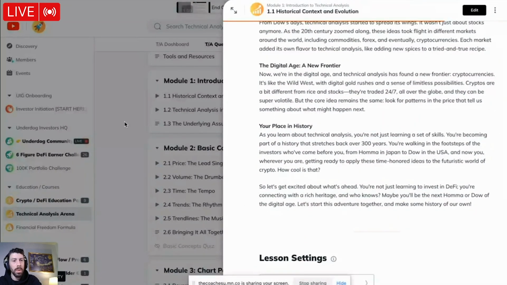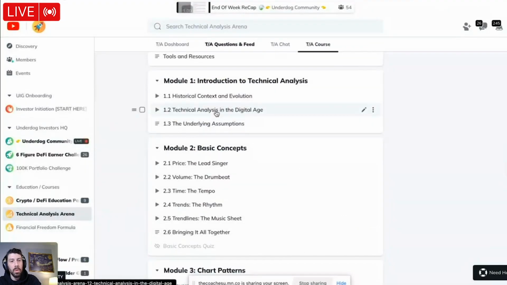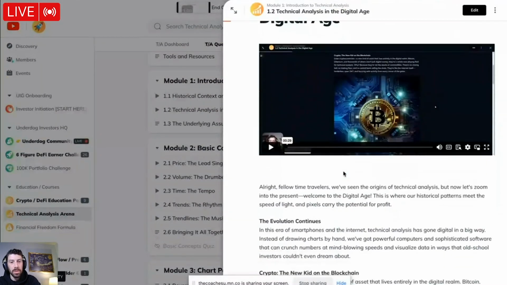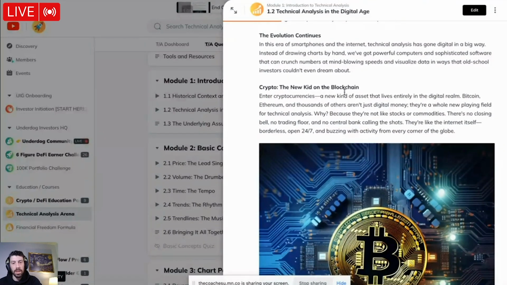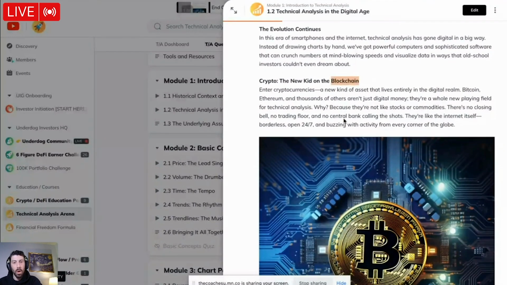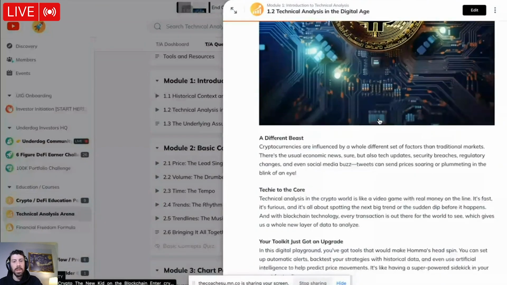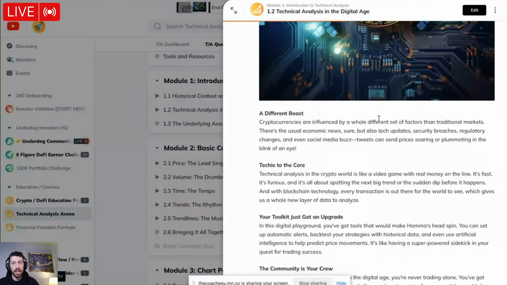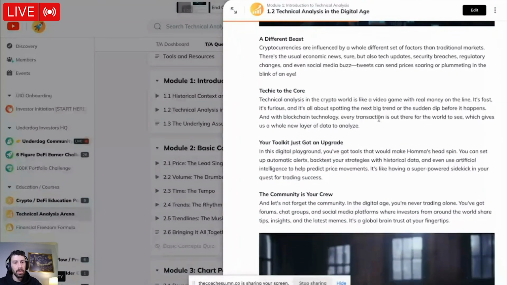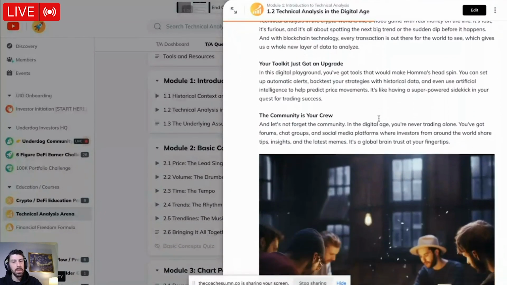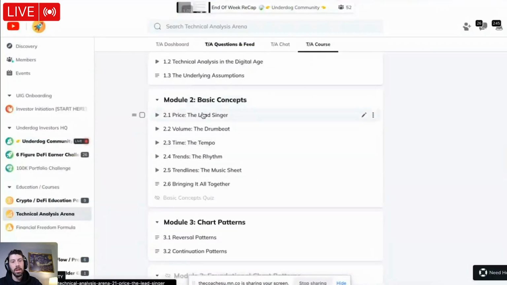But the thing that is important for us now in the digital age is the fact that these assets are traded 24/7 all around the world. So what that means is there's so much more data that we have access to. So you'll see when you're going through module 2, some of the basic concepts, when we're talking about price, volume,